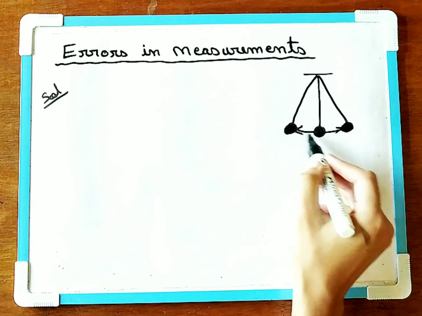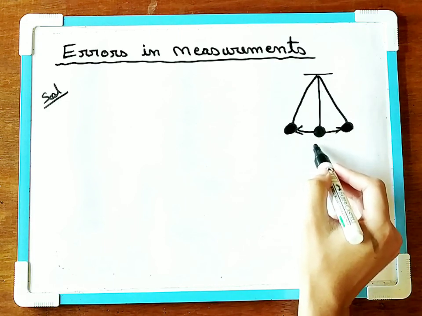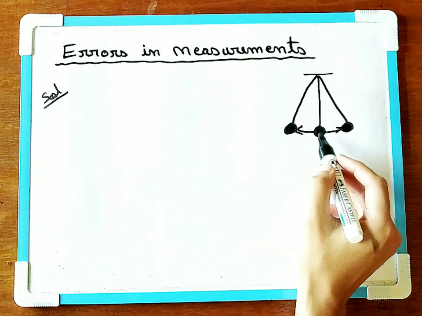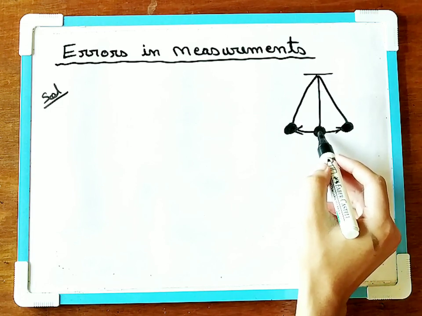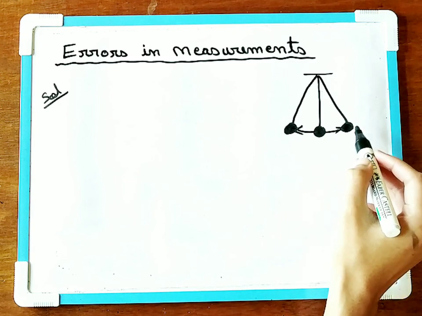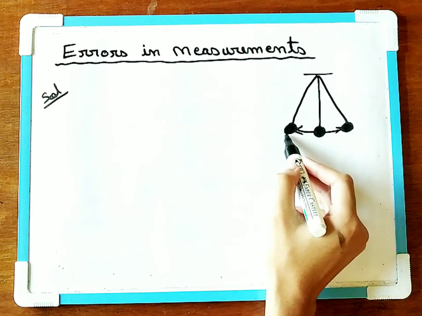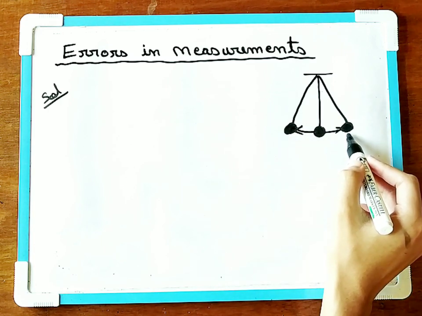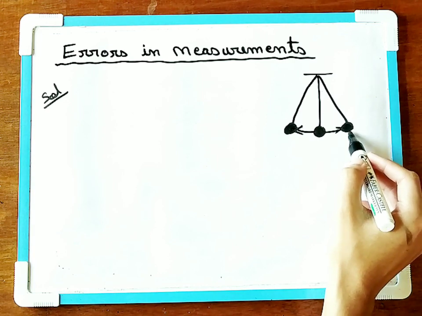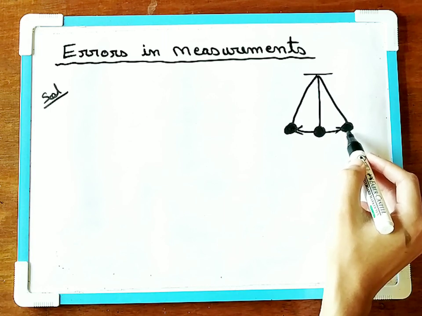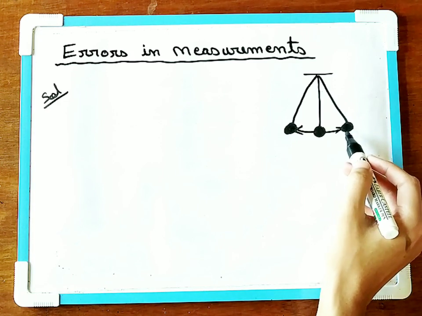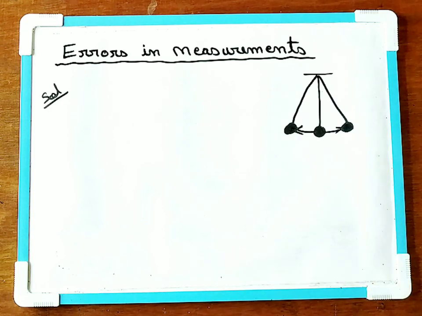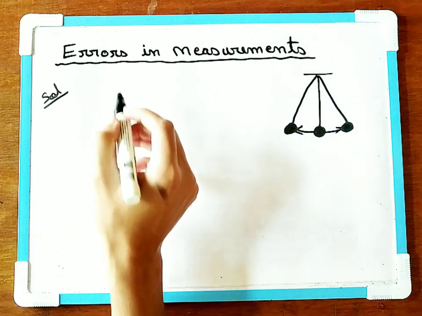It's oscillating about this point. Now, what is the period of oscillation? Period of oscillation is the time it takes to complete one vibration. It means that if we start from here, we go to this extreme position, then we come back to this extreme position, then the time it takes to go from here and back to the same position is known as the period of oscillation. And it's given that the periods of oscillation were taken in successive measurements, and those measurements turn out to be